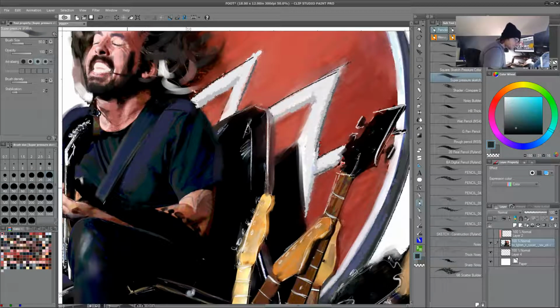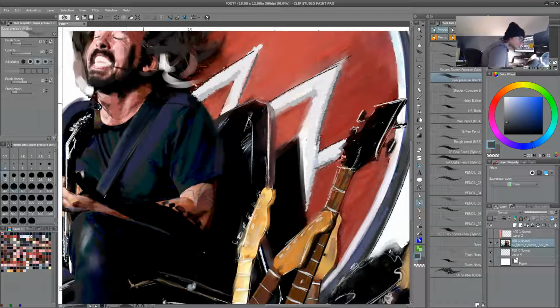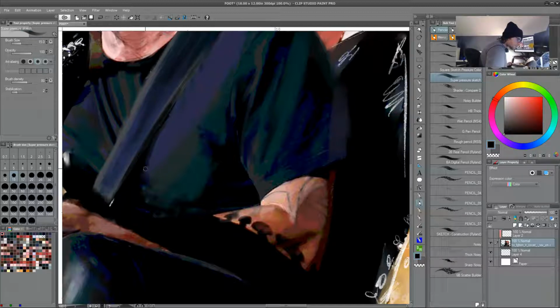So I'm going to wash out a bunch of the detail, like where I photo bashed in his tattoos and stuff, and then I'm just going to paint over it. We could paint this whole thing from scratch, but since it's a commissioned piece, I'm not going to be able to take something where I base a bunch of photos and make a print out of it or anything. I lost my train of thought. Anyways, for like 99% of this, I'm just using a round brush to paint in details, and then I'm using